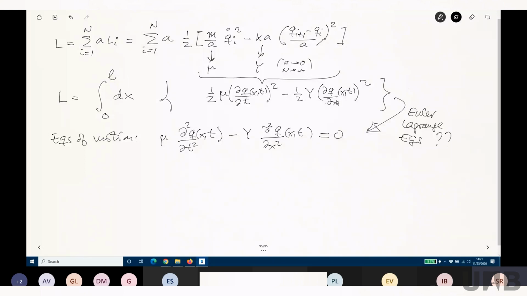And that's how we are going to understand fields. So a field is going to be a function of x, and that's going to be the continuum limit of q sub i in the old version of the Lagrangian dynamics, right? So a field is going to be the continuum version of a discrete system. And from this Lagrangian, in this particular case, we saw that the equations of motion corresponding to the Lagrangian were